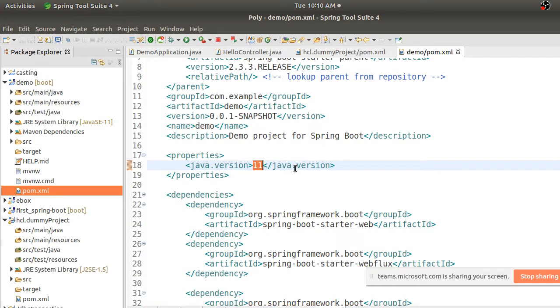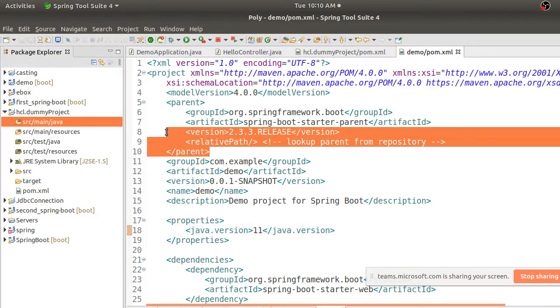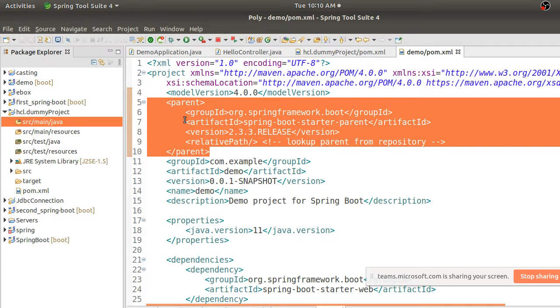So now what if you want to configure it manually, right? I just created a project called dummy project. Now I want to configure all the dependencies, or I want to make this dummy project a Spring Boot project. So what important thing you need here is a parent tag, or the parent dependency. What this parent dependency is doing here is, it is like your contractor. It has all the basic use cases or the basic dependencies required. Okay, so this is very important.